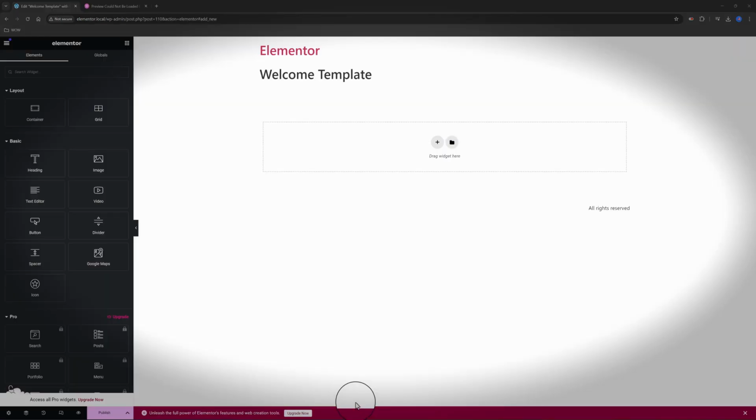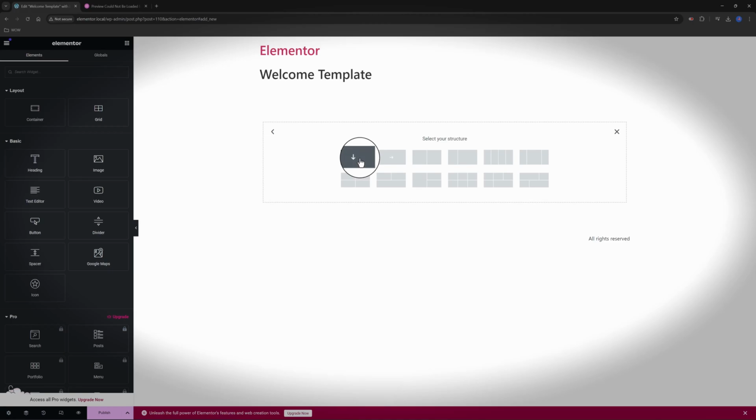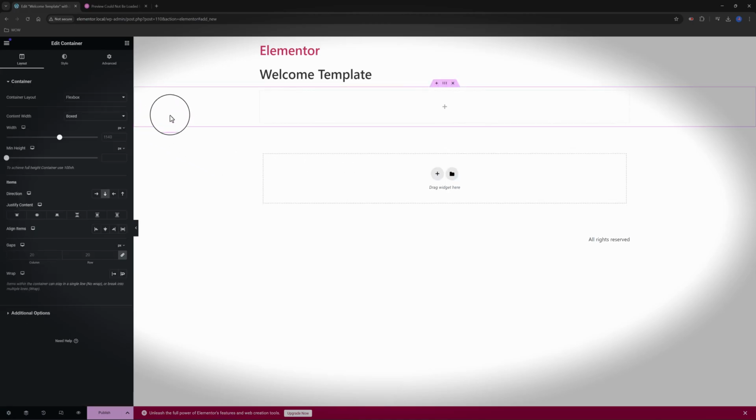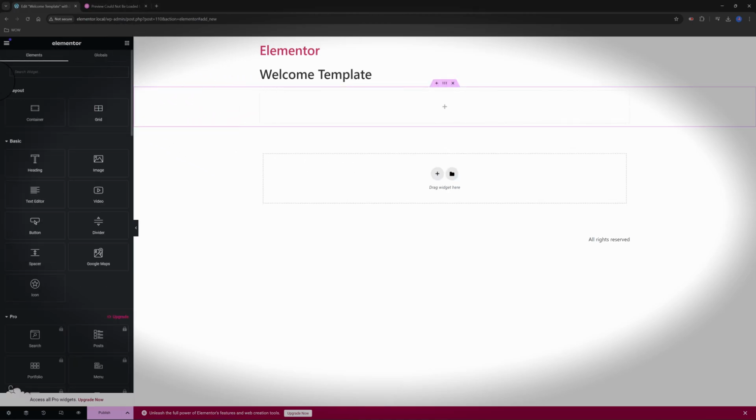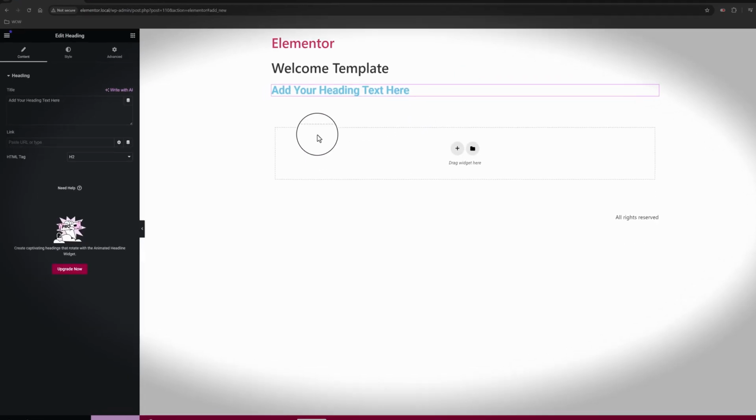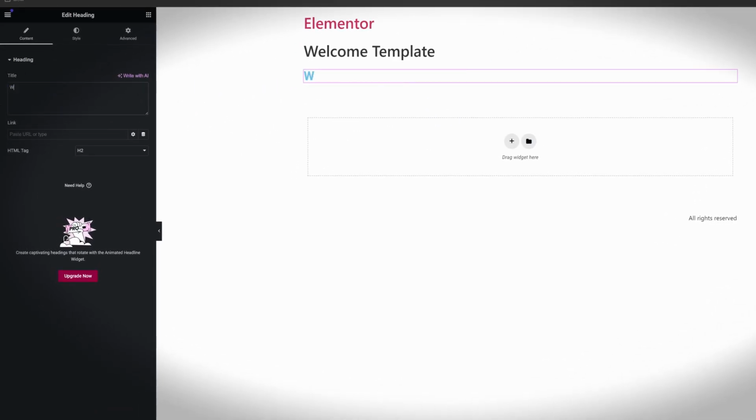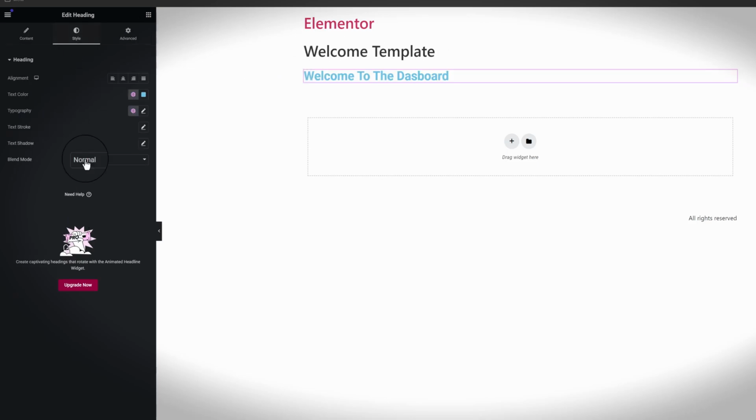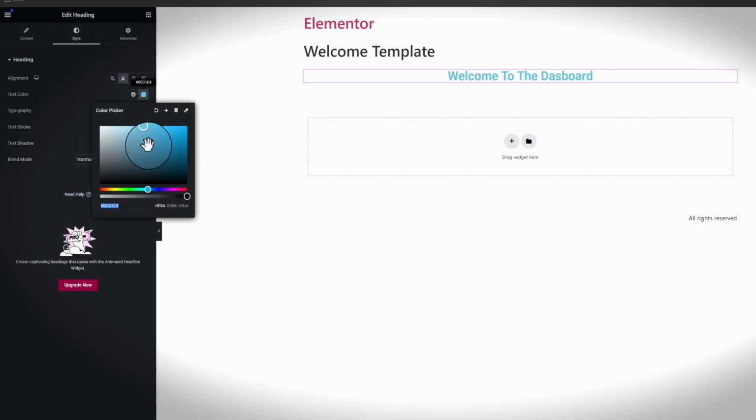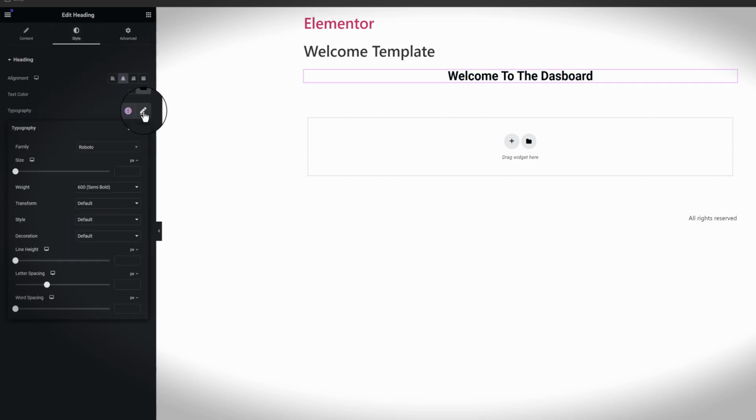Inside the Elementor canvas, I go with the Flexbox container. This is a vertical one. Let's add a new widget. This time it's a heading. Let's put in welcome to the dashboard. Let's center this, change the text color to black. Typography, I go with Poppins, and I go with